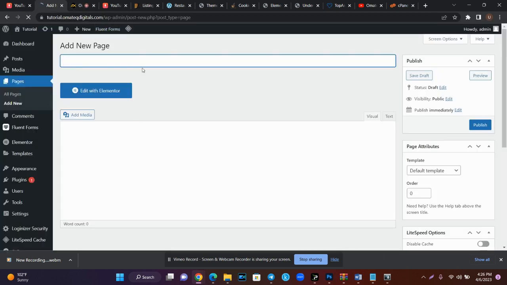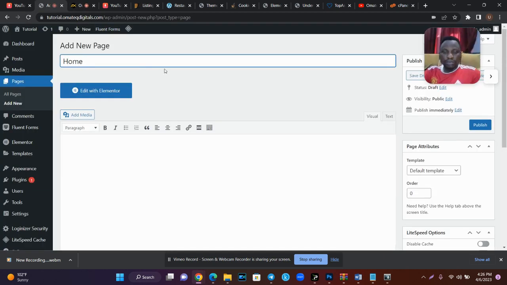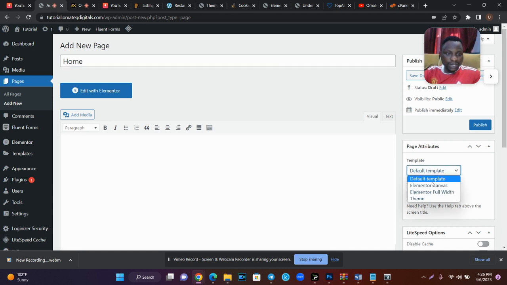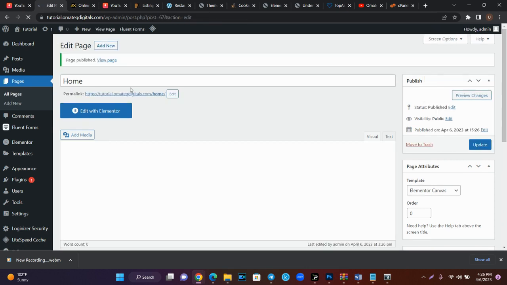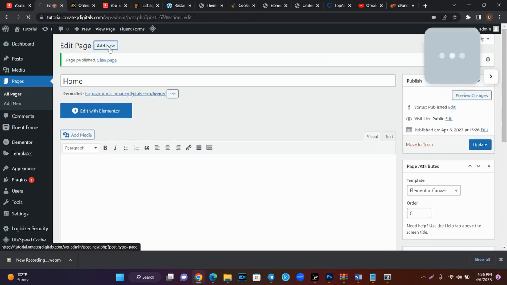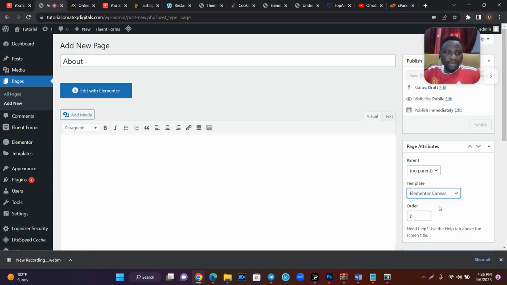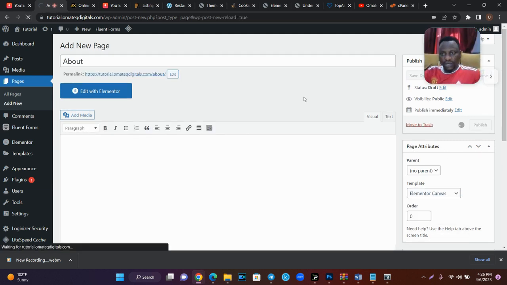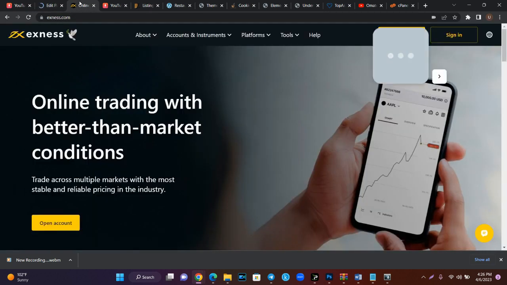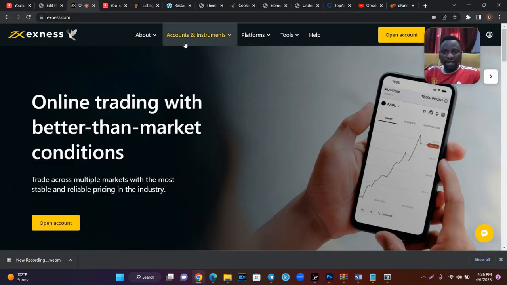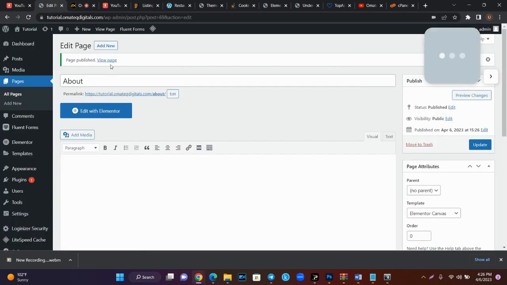So the first thing we need to create is home. Once you create home, you come to template, you select Elementor Canvas, you click on publish. The next thing you are going to do is create the about page. Template is Elementor Canvas, then you publish. The second thing is accounts and instruments, platform. So go back, we create